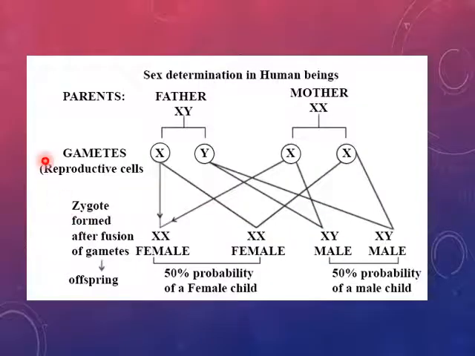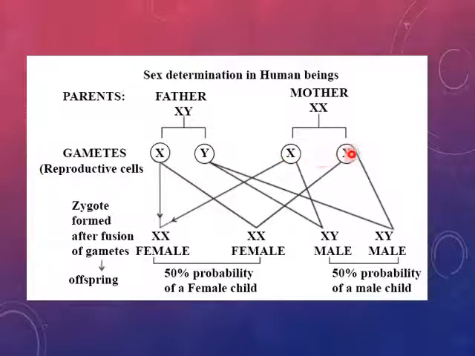So in this cross you can see, and this is a very important cross, the father with XY chromosomes, that is the sex chromosomes, and the mother with XX sex chromosomes. During gamete formation in the reproductive cells, the father forms two types of gametes, X and Y, so he is known as heterogametic, whereas the mother produces only one type of ova, that is X, and is known as